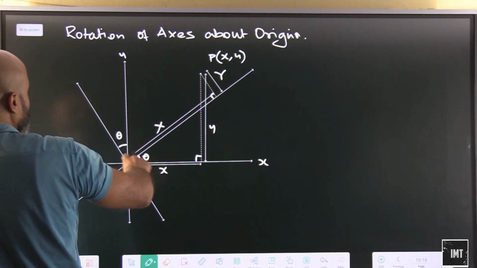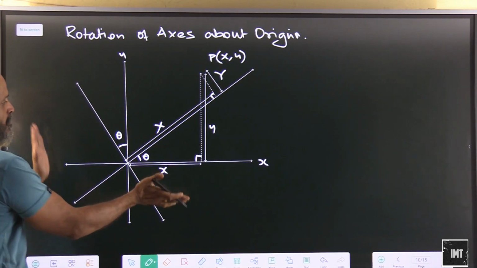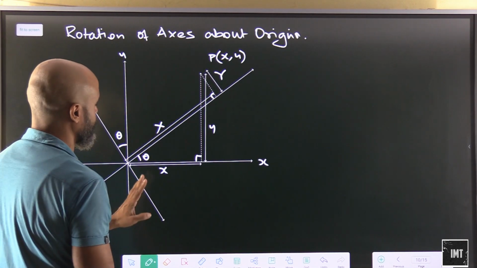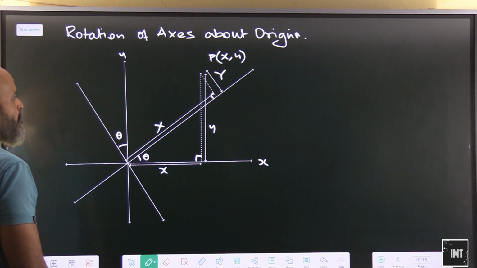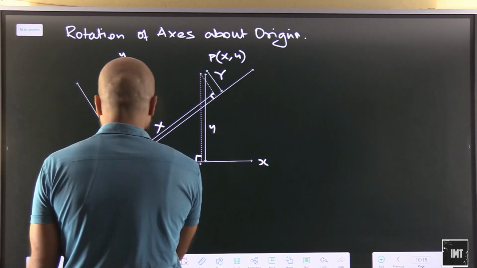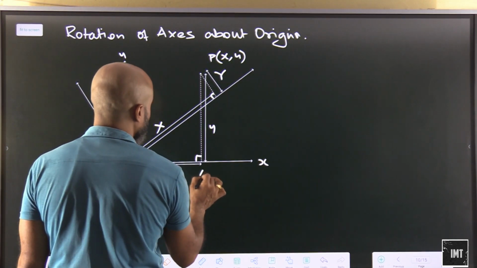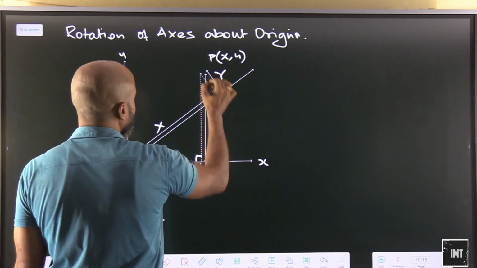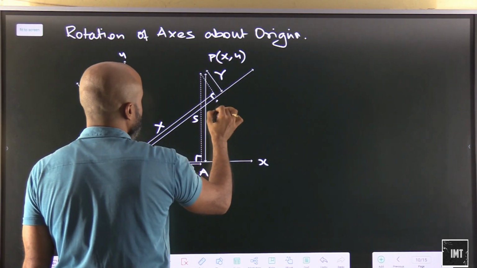So now let's do this here. Rotation of an axis about the origin. So this is basically rotation of an axis. So the axis has been rotated about an origin, that is theta. Okay. So let's calculate the points, and let's see how x and y can be designed here. Okay. So let's start naming this. This is O. This is A. This is P. This is, let's say, S, and let's say this is Q.